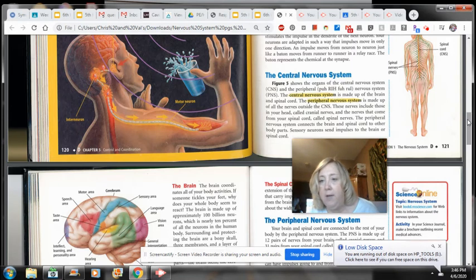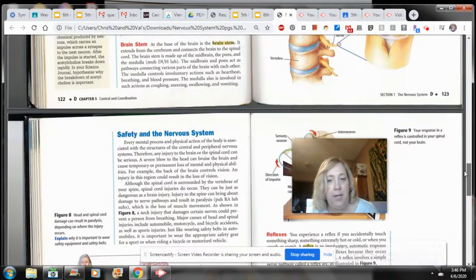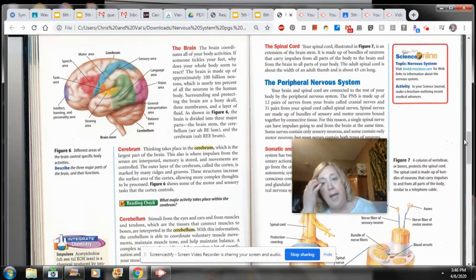Okay, if you keep going down to page 122 and 3. These are the last 2 pages of your reading that you're going to focus on today, and they ask you to look a lot at your brain. So if you look at figure 6 up in the top left-hand corner, I always think that picture is kind of interesting because it shows you the biggest part of your brain, which is your cerebrum. That's that part that kind of comes from your eyebrows and wraps all the way around to the back of your head. It has all of those little wormy-like structures in it,